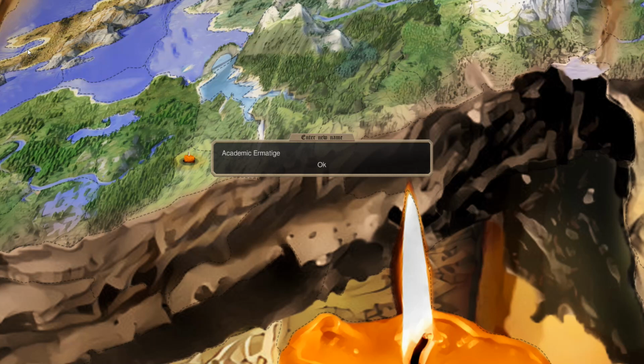Is it like Hermitage, but with an E? I've never really heard that before. I misspelled it from how you said it too. Emeritage. No idea what that word is, but